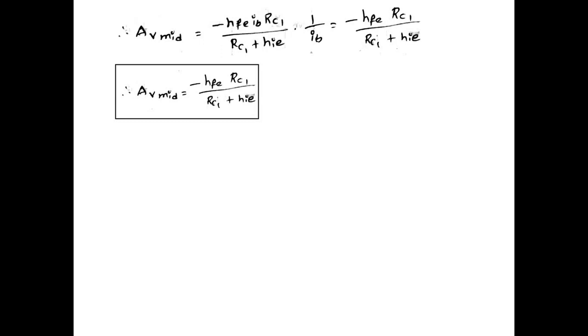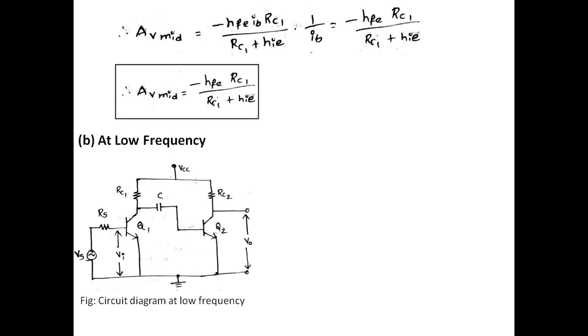Now let us go ahead with the calculation of voltage gain at low frequency. At low frequency, again we need to apply the condition. You are not going to ignore it, or make it a short circuit, because at low frequencies, if you say the ideal frequency f equals 0, it offers infinite reactance, then you can ignore it. But here it is not exactly equal to 0. The frequency exists, but it is low. You are not placing a short circuit or an open circuit, but considering that a reasonable amount of capacitance exists. So let us replace it here with a capacitor C.